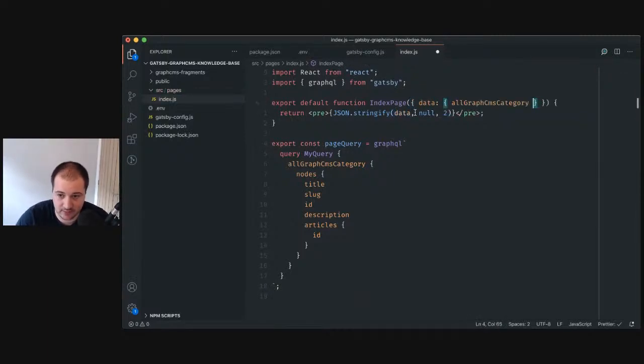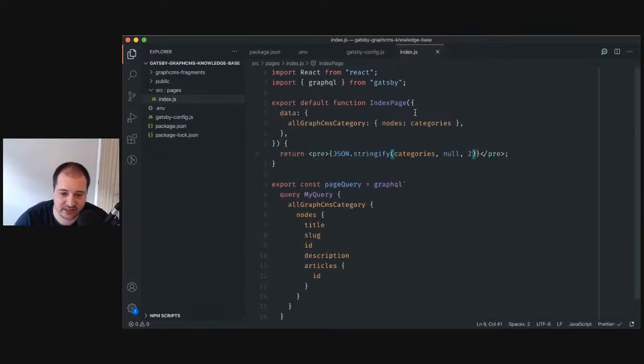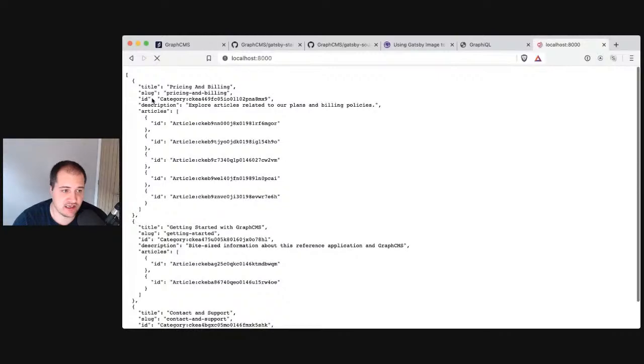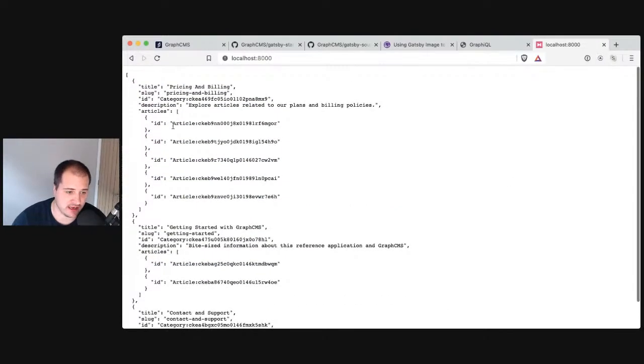And we will say we want to get those, because we know we're just destructuring nodes. Let's get nodes and let's destructure that. Destructure nodes from all Graph CMS categories and rename it to categories. And now if we print to the page our categories, you'll see that all we see here is the categories and their related articles,